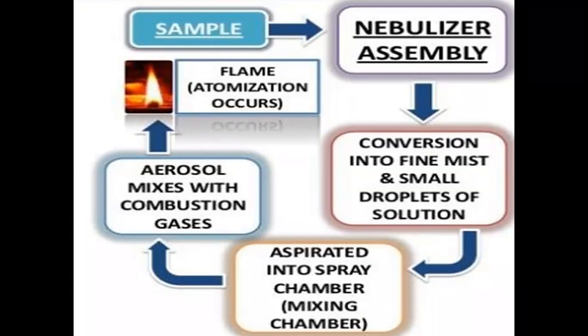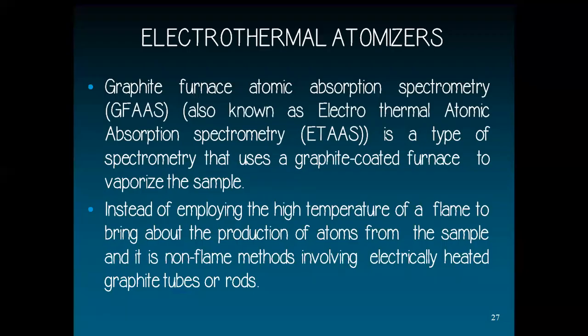So the sample is introduced into the nebulizer assembly, from where it is converted into a fine mist of small droplets of solution, and then it is aspirated into the mixing chamber, and then it is mixed as aerosol with the combustion gases, and ultimately it is introduced into the flame, where the sample is atomized. Now electrothermal atomizers, basically we have GFAAS, which is graphite furnace atomic absorption spectrometry, also known as electrothermal atomic